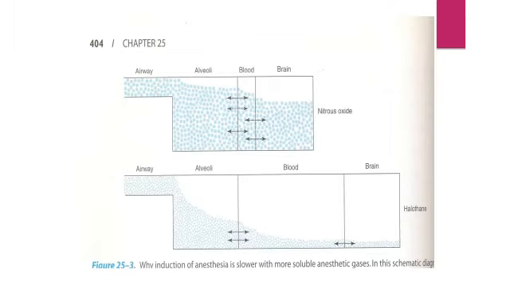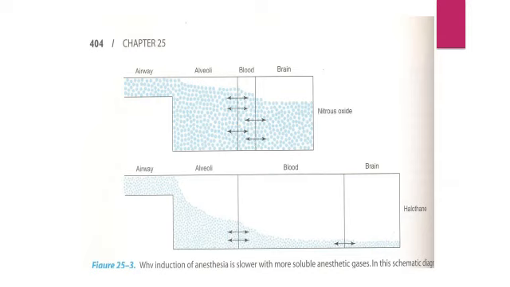You can further understand the solubility of a gas in the blood by this schematic diagram. As we know, the gas has to diffuse from the alveoli into the blood, and to produce its action in the CNS, the gas must reach sufficient partial pressure in the blood to attain equilibrium in the brain. For attaining this equilibrium in the brain, the partial pressure of the gas must be built up in the blood. The drugs which are less soluble in the blood attain this partial pressure quickly as compared to the drugs which are more soluble in the blood.